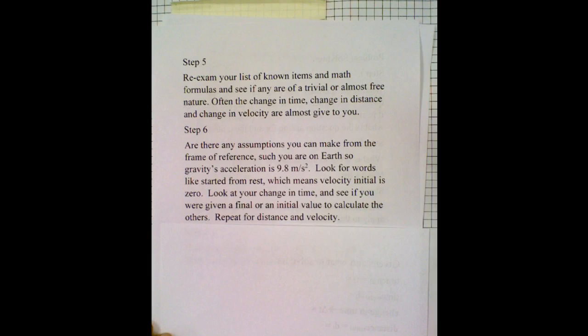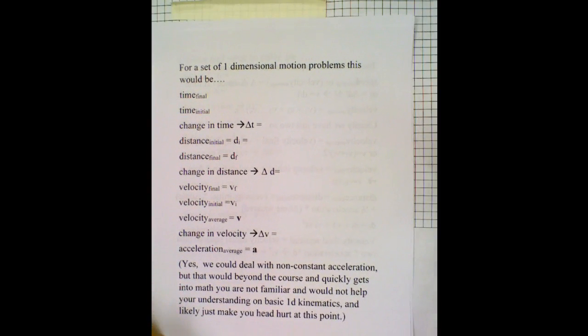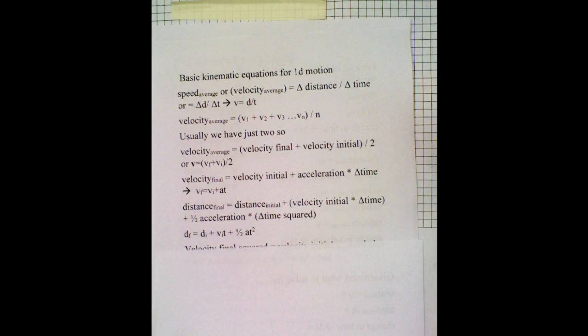Once again, a review of, do you know what time final, time initial, change in time, what these letters and terms mean? If you don't, you're going to go crazy, and we will always be dealing with average acceleration here. We will not be having change in accelerations. That's for a calculus-based course. For those who've forgotten what the things mean, distance over time, this is what the formulas look like. Velocity average is actually add them all up, divide by the number. Usually we just have 2, so we said this. And you go through what needs to be done. If you don't know how to do that, please ask me more questions. Now we will go through some problems of how to